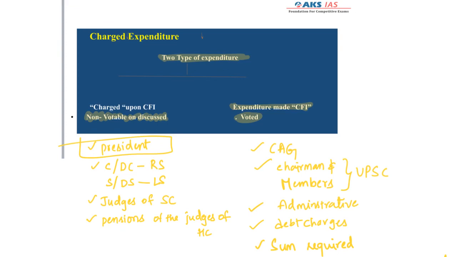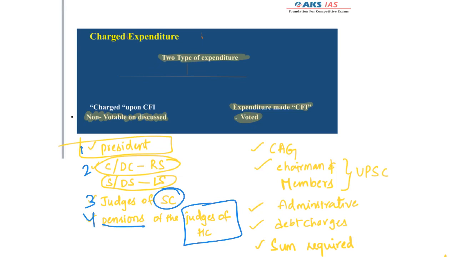The second one is the salaries and allowances of the chairman as well as the deputy chairman of Rajya Sabha and the speaker and deputy speaker of Lok Sabha. Then salaries, allowances and pensions of the judges of the Supreme Court. But remember that even the pensions of the judges of High Court are taken from the Consolidated Fund of India. Coming to the next one, salaries, allowances as well as pensions of the Comptroller and Auditor General of India, and the same with the chairman and members of the UPSC, and the administrative expenses of the Supreme Court,